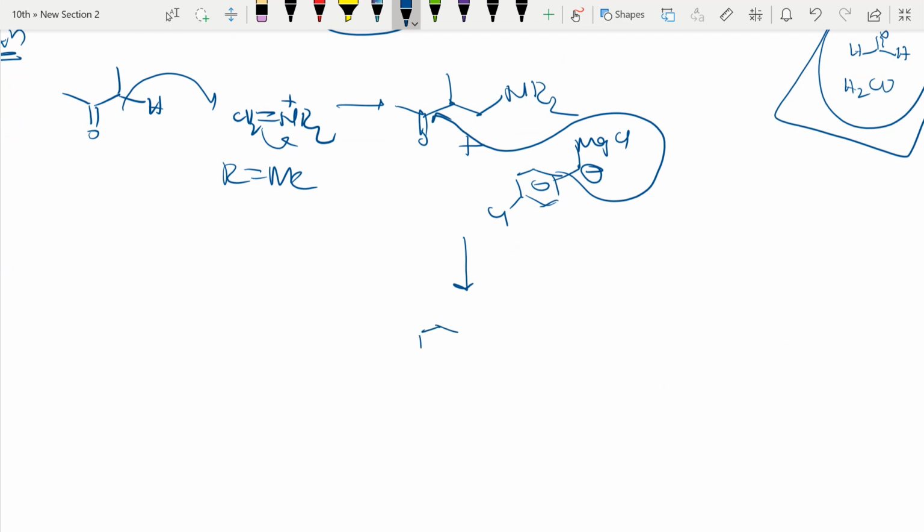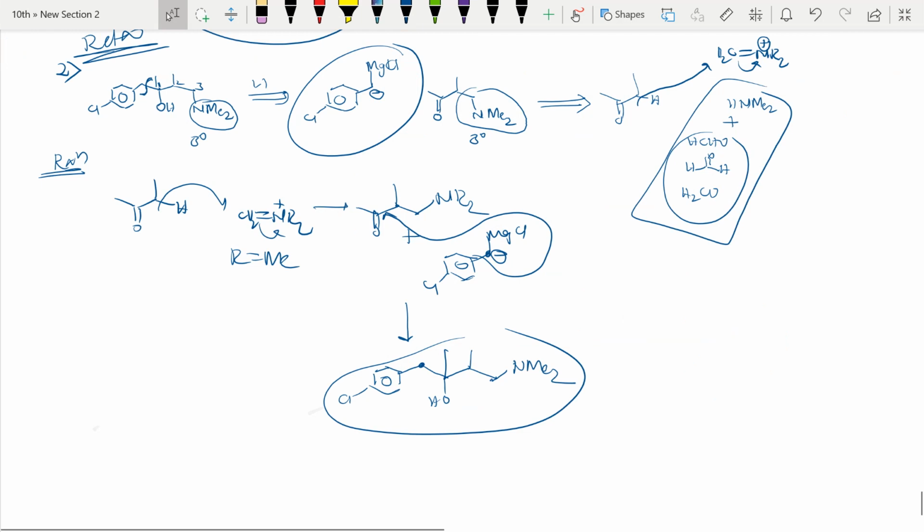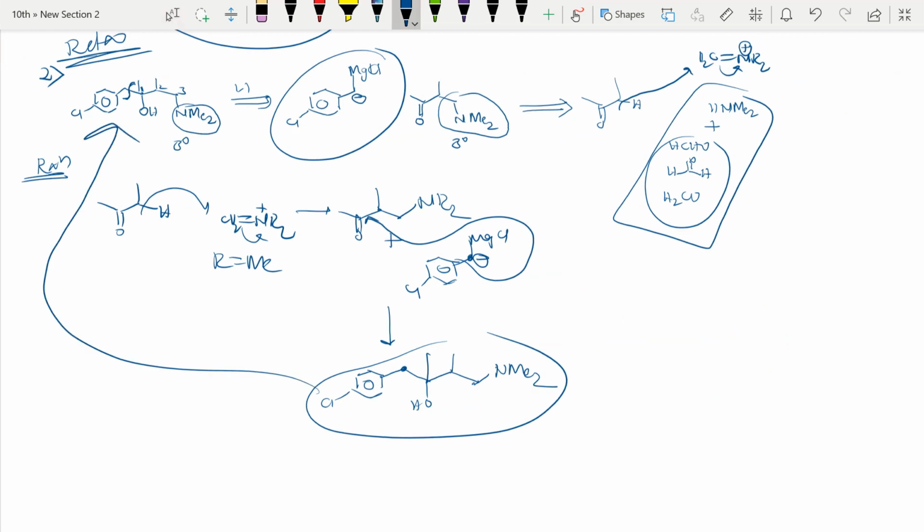So my target molecule will be this one, chlorine will be there, it has attacked here, right? With this carbon it has attacked here, so this carbon has attached here, so here it comes OH, other things here, the methyl group is there as usual, and again one more methyl and CH2NMe2, right? So this is the target molecule which we have started with. Here we call it the product, right? See, both are the same. I hope you got it, right?